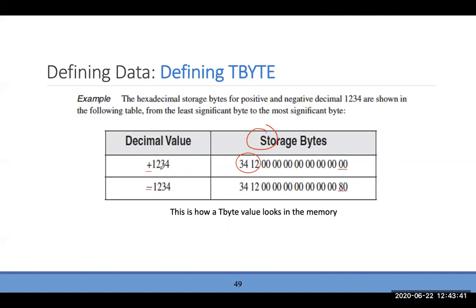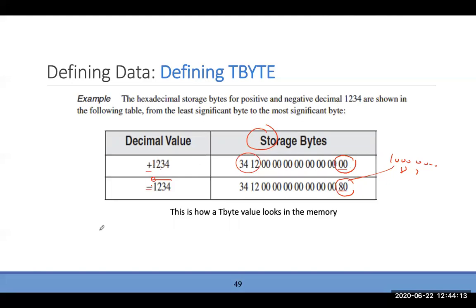So if you look at this number in the real memory, the last byte right here is 0, 0. That means it's positive. The last byte right here, it's 8, 0. So that means 1, 0, 0, 0, 0, 0, 0, 0. This is 8, 0, right? So that shows you this number is negative. So the way you say this number is negative, you present it in this way. So this is little Endian. You store 3 first, and then 2, and then 0, 0, 0, 0. The last byte, make it 8, 0 if it's a negative number, or the last byte 0, 0 if the number is